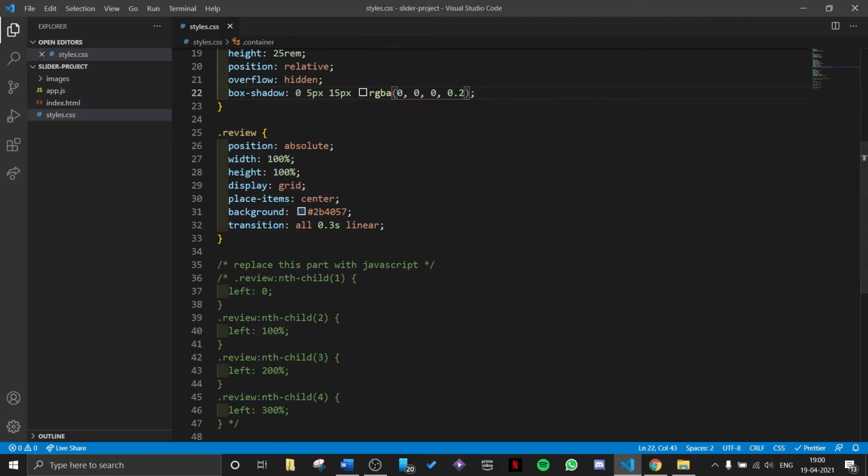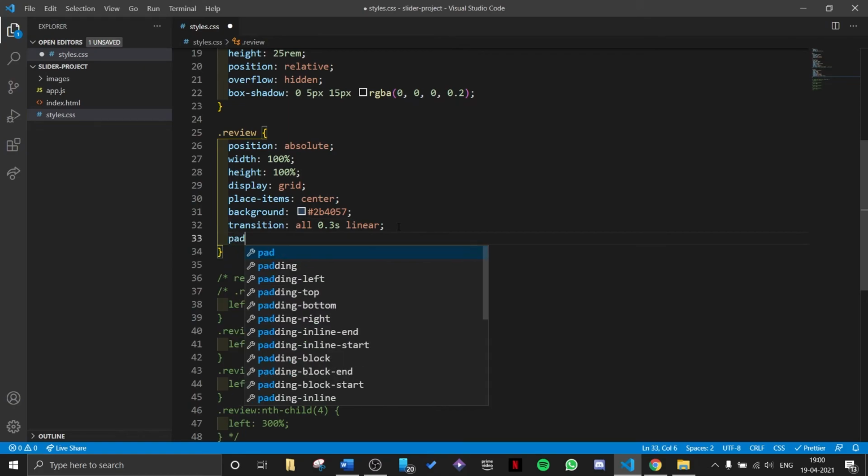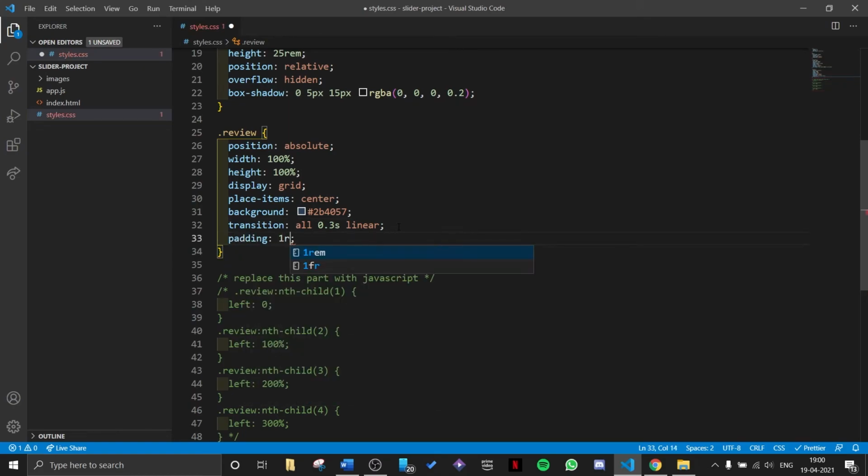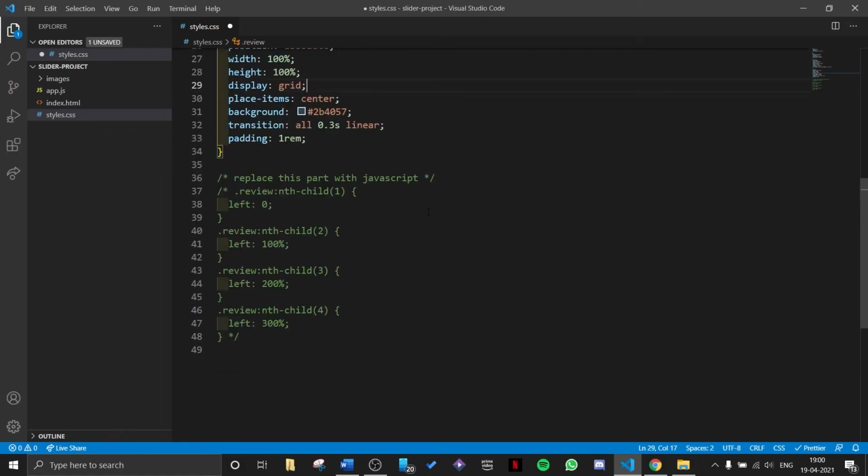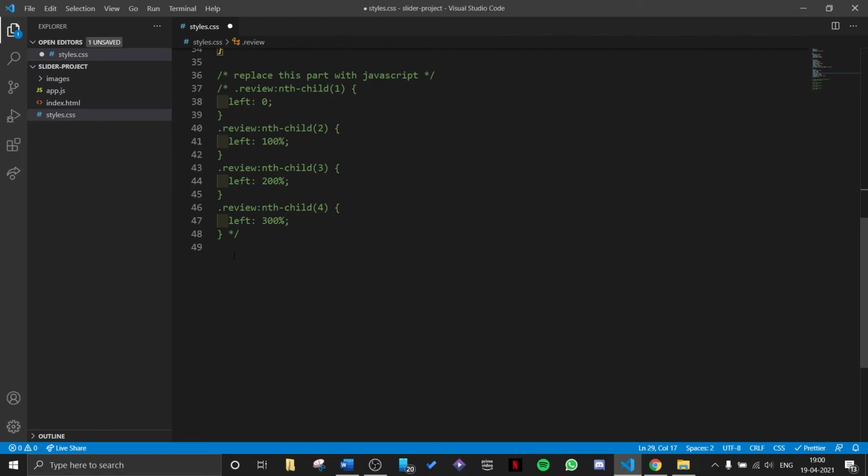And then for the review, let me see, position absolute is okay, background is okay. Let me just give a padding of 1 rem. I guess all other things are okay. And then we need to apply a bit more styling, and we will do it here at the bottom.